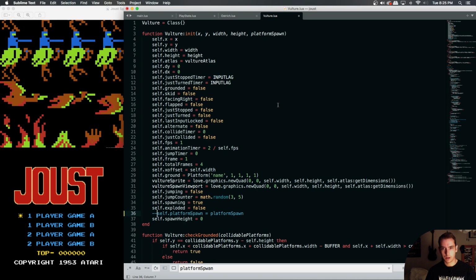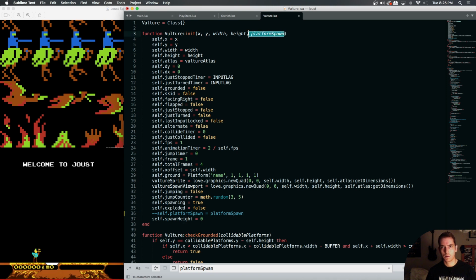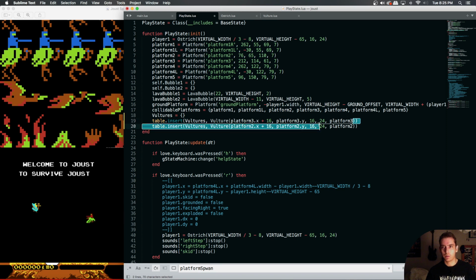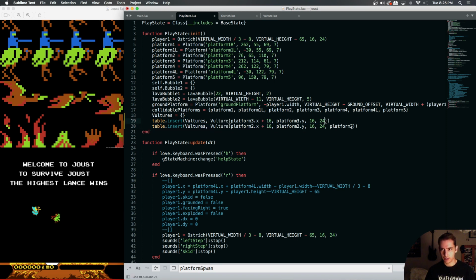For now, I'm gonna comment it out, but not delete it, because I don't know if we are actually using it. Our width and height, if we take out that platform spawn, we don't need this in here anymore. And then we have just left of our